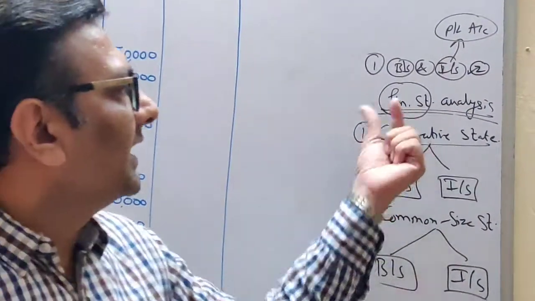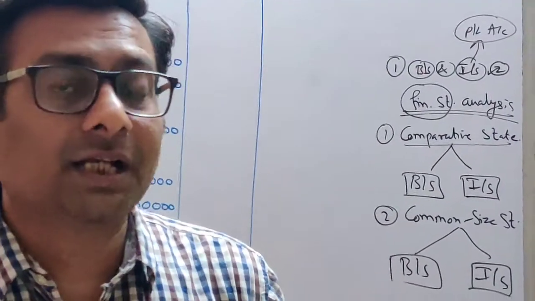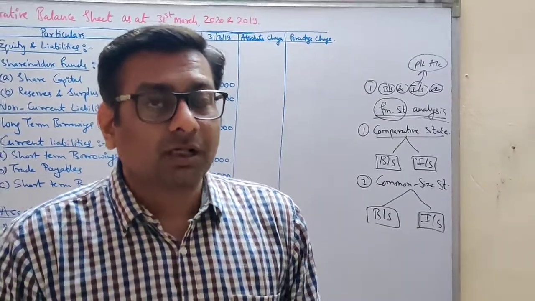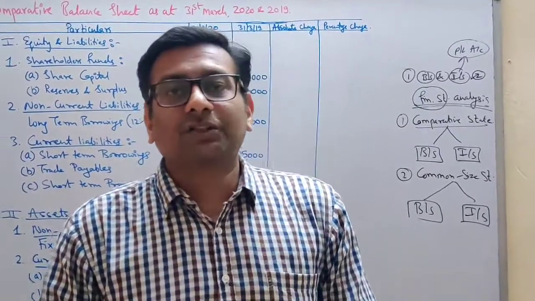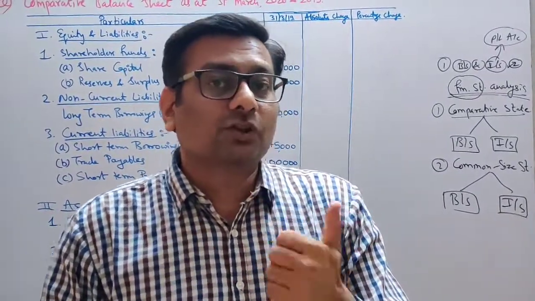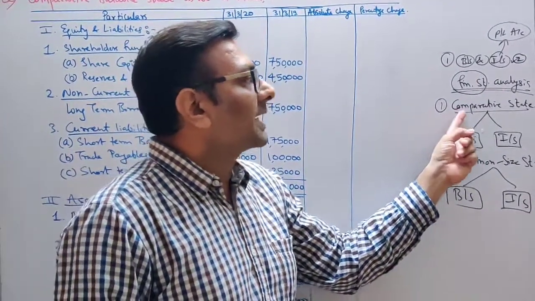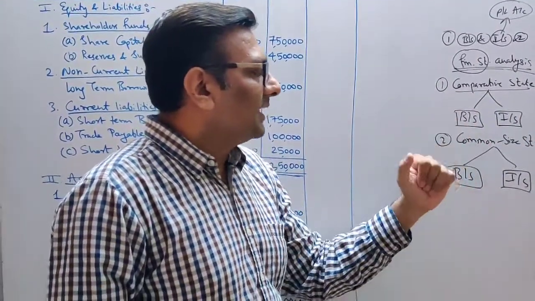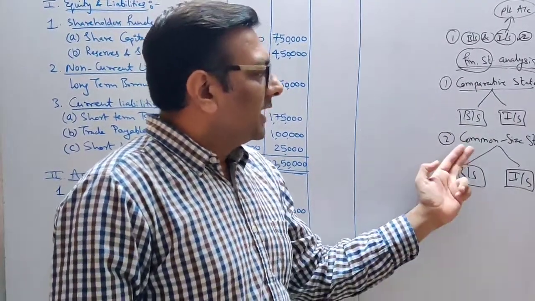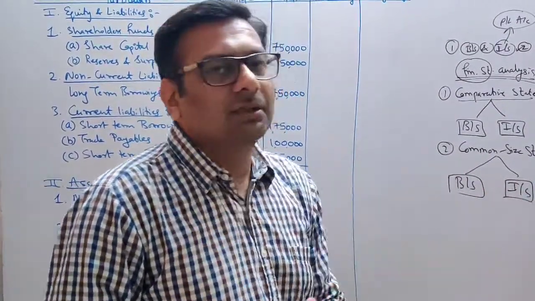And after making a financial statement, after making a balance sheet and statement of P&L, you do analysis of it to take financial decision. Now to take financial decision, what are the tools we use? We use comparative and we use common size. So in exams, students, they may ask you to make comparative statement for balance sheet or comparative statement for income statement. Likewise, second tool, we have common size statement for balance sheet and income statement.